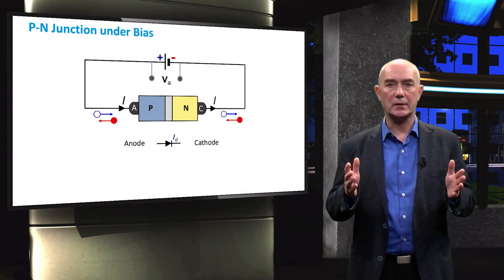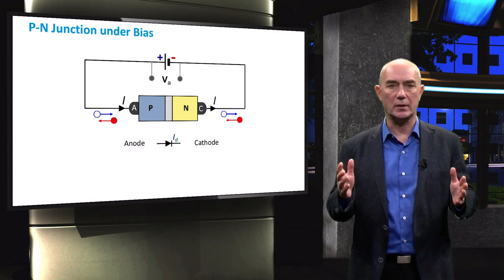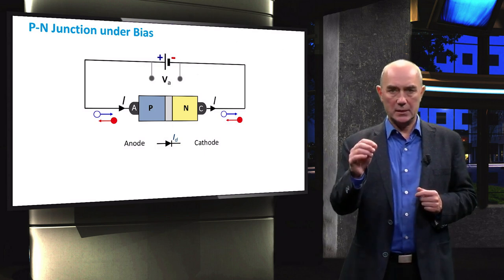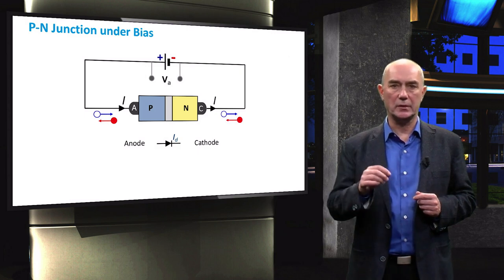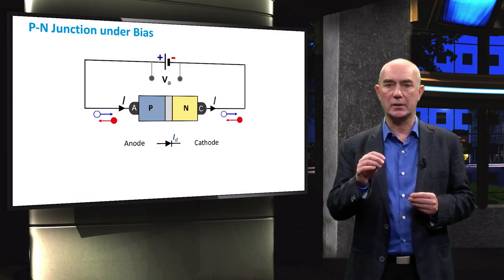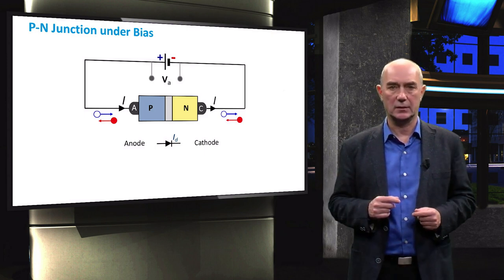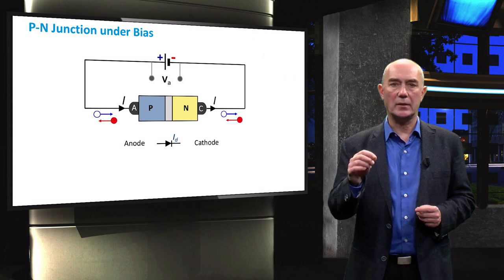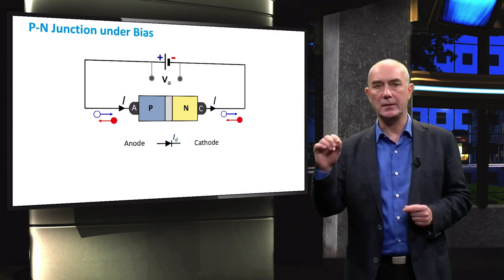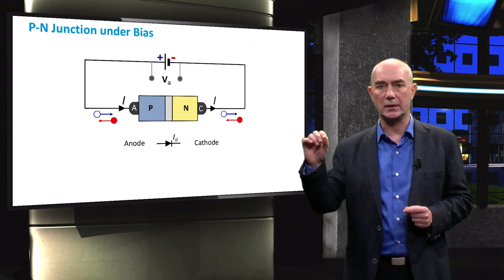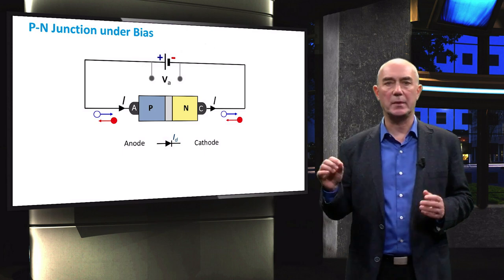In this slide you can see our now familiar p-n junction with a voltage applied to it. This particular diode is under forward bias. This means that the voltage applied to the p-type region is positive with respect to the n-type region. A significant current flows through the diode. The current leaves the n-type region of the diode through the cathode into the external circuit and enters the p-type region